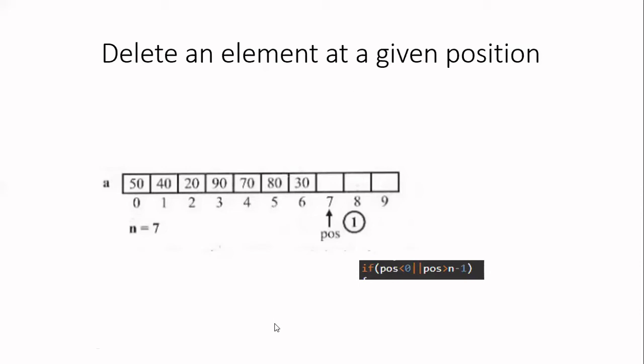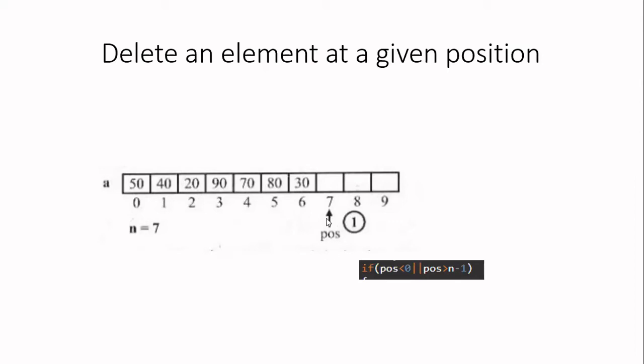Do you need to specify the item to be deleted, like in the insert, where we gave X? No, because we don't know what is there in that position. So if you want to delete an item at a given position, you have to pass 3 arguments to the function. One is the array A, the other is the number of elements n, and the third is the position from which you want to delete the element.